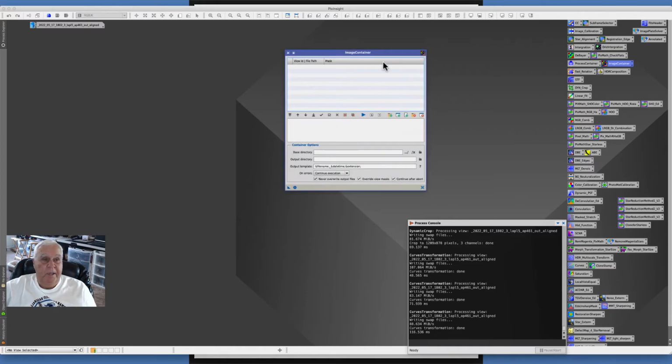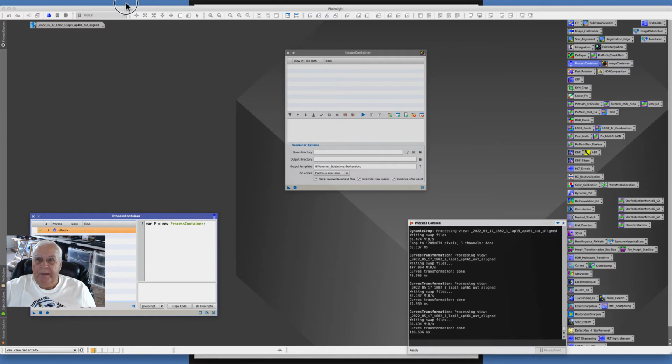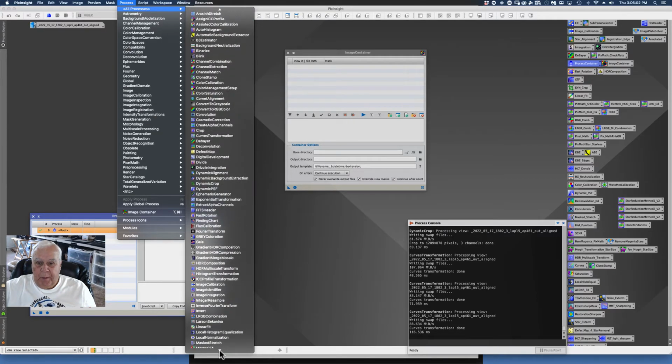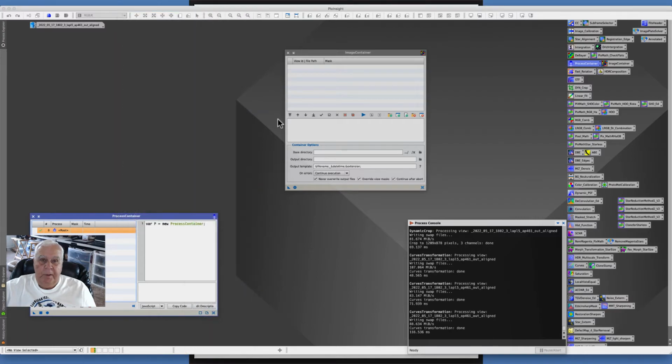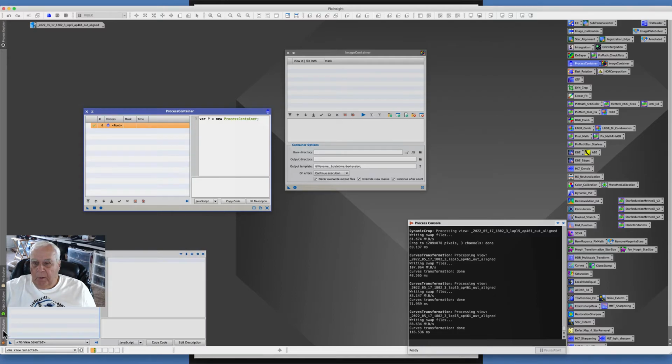We need the image container and we need the process container. And that, I think, might be a right click too. I think that is a process. Let's go down and make sure. Yeah, here it is. So image container, right click, it's on your desktop. Process container right here. Now we're going to open up the History Explorer,